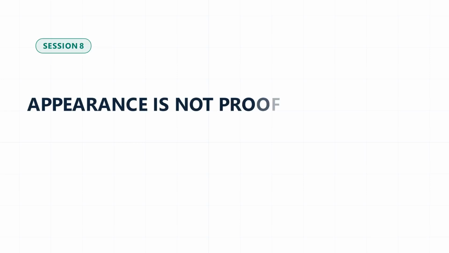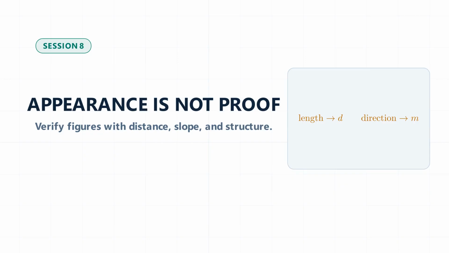Welcome to Session 8, Figures on the Coordinate Grid. A drawing may look like a rectangle or right triangle, but appearance is not proof. Coordinates let us verify side length, direction, right angles, and collinearity. Today you will select distance or slope for the property you need and combine multiple facts to justify a figure's